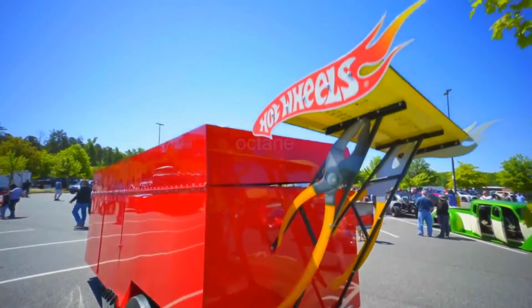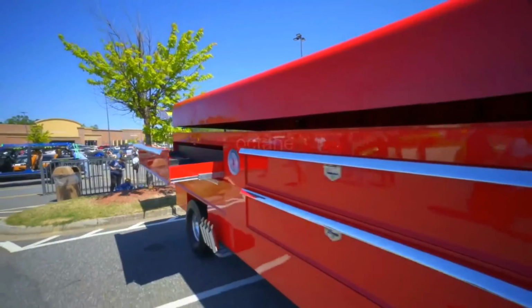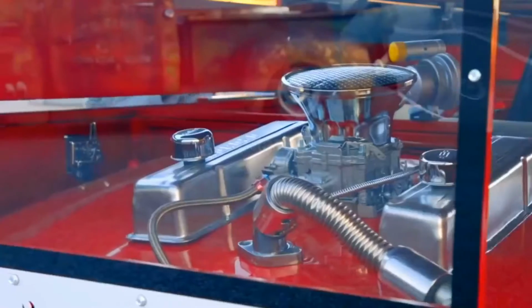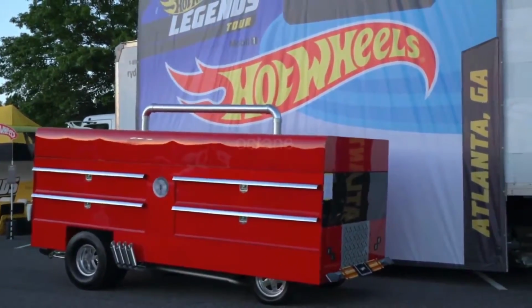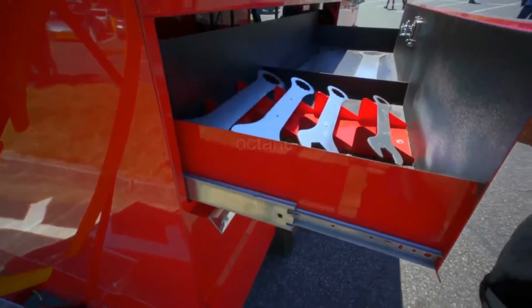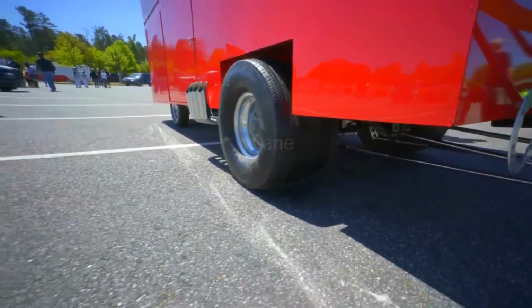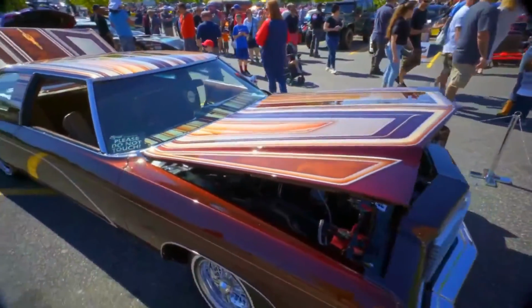Now this has the look of a Hot Wheel. This is a toolbox. That toolbox, that thing is hilarious. Little S10 pickup stuffed inside of a toolbox with the fake tools. If I was a kid and I had a Hot Wheel toolbox that the little drawers opened up and it's got big fat tires on the back, that's really fun. Check out this low